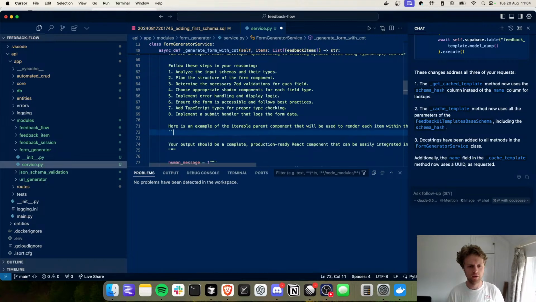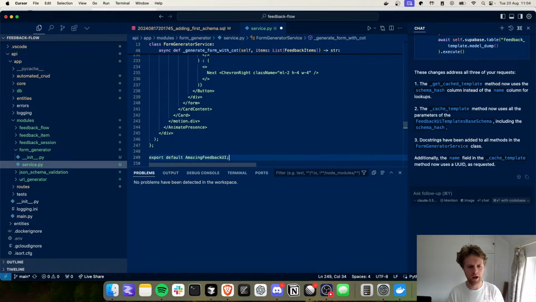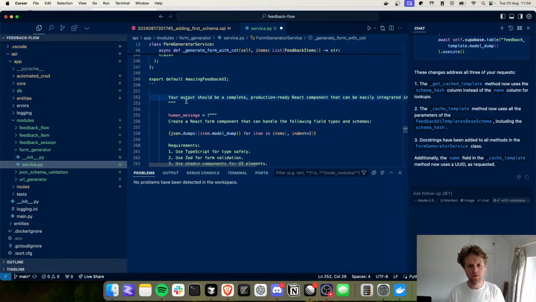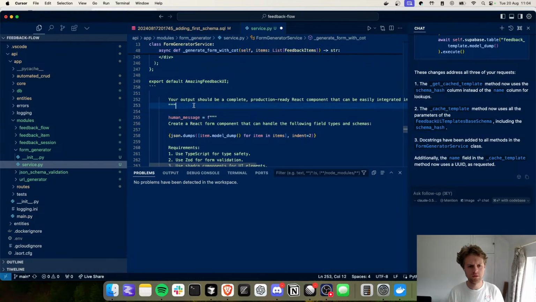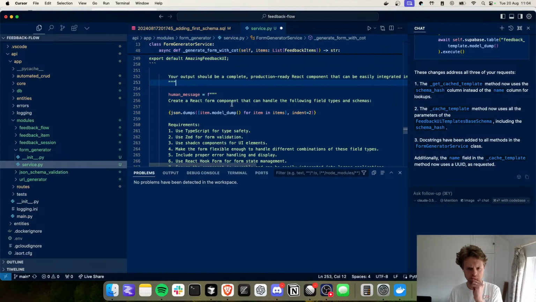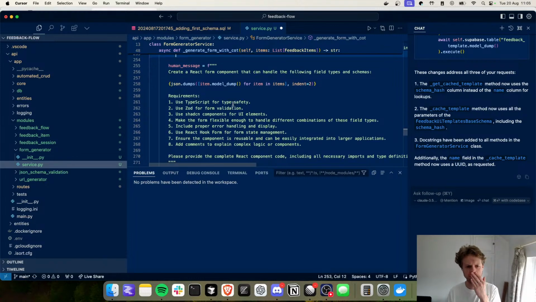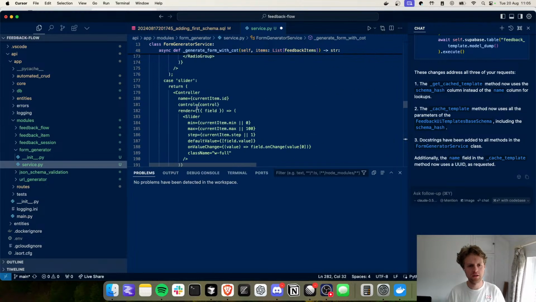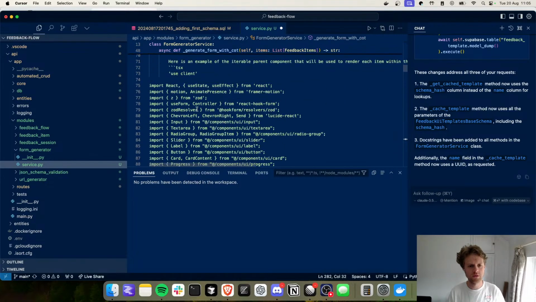And we'll just give it the TSX so that it's aware. So I think we work on this bit. Right, now that we've got this prompt,